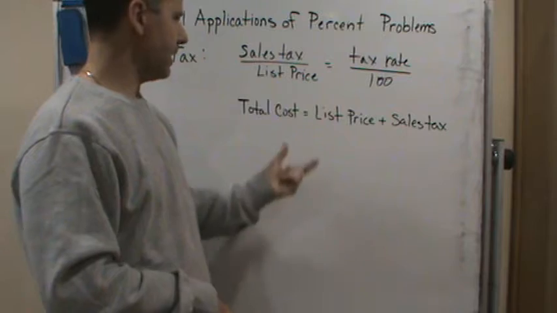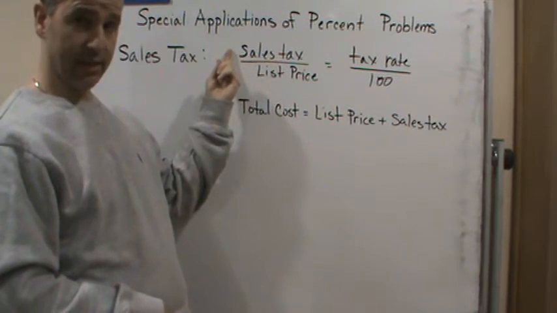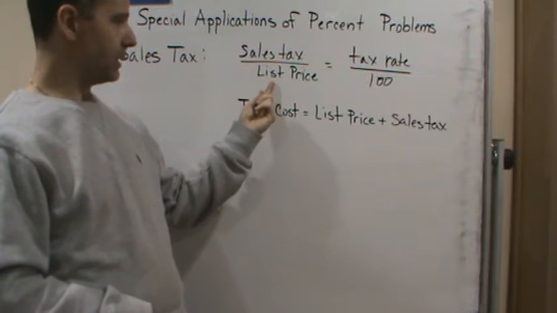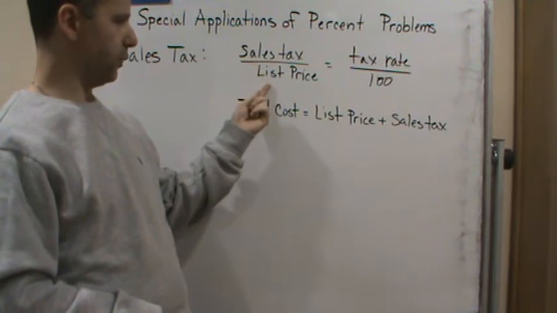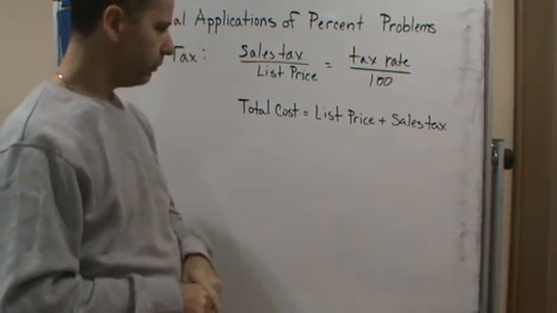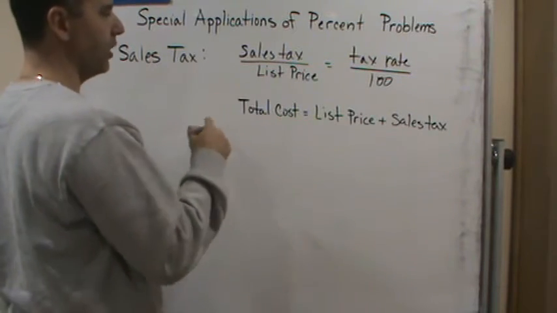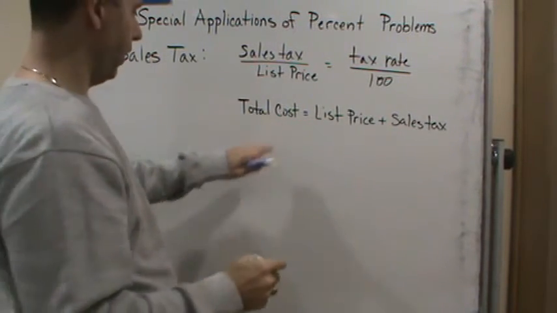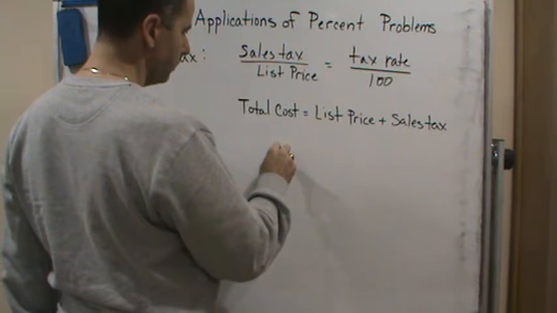So now notice that we're setting up our proportion the same way. We have the sales tax, the amount of the tax, over the list price is equal to the tax rate over 100. Now also, again, this is the sales tax, but what if you wanted the total cost to be part of that? You could set it up very similarly. It would be